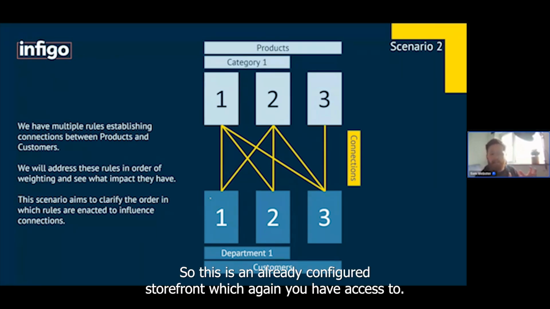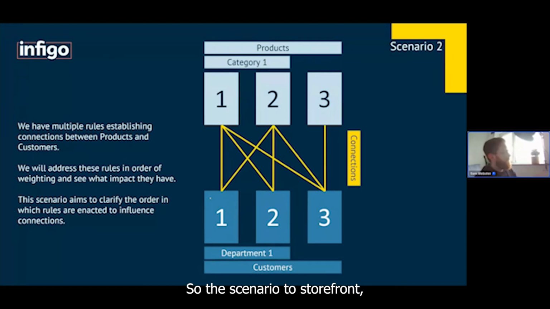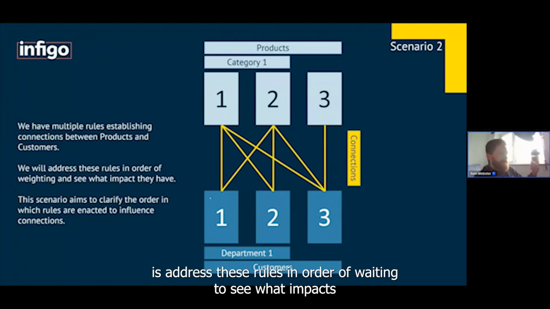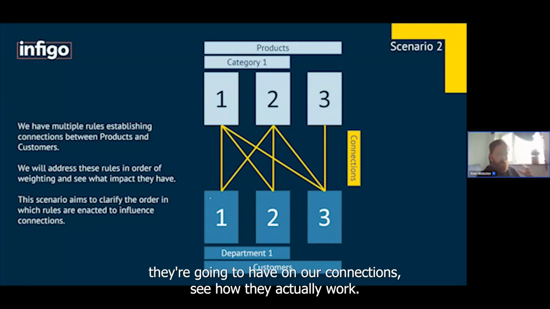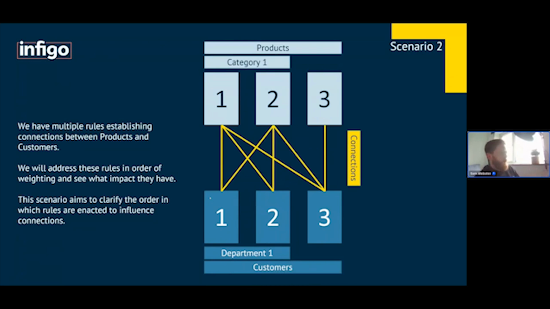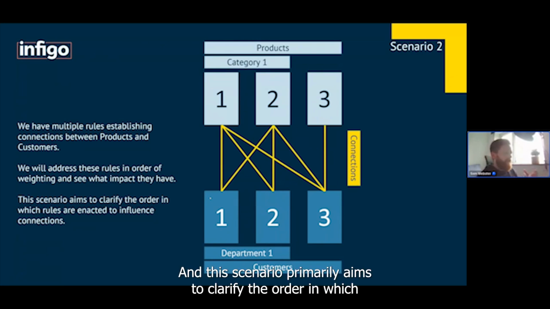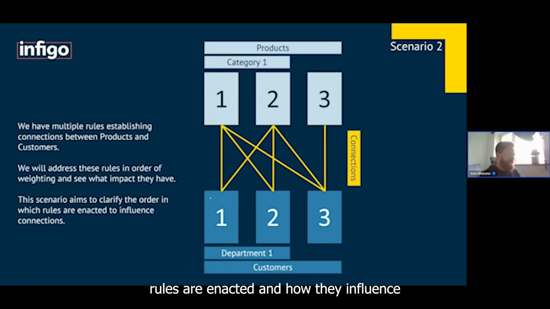So this is an already configured storefront, which again, you have access to. So the scenario 2 storefront. What we're going to do in the next slides is address these rules in order of weighting to see what impacts they're going to have on our connections, see how they actually work. And this scenario primarily aims to clarify the order in which rules are enacted and how they influence how the